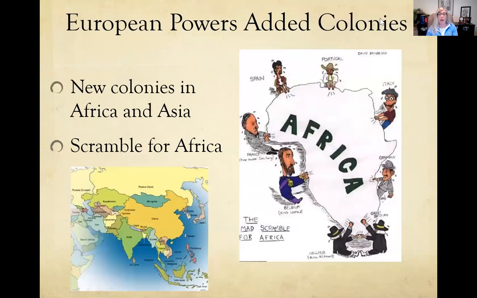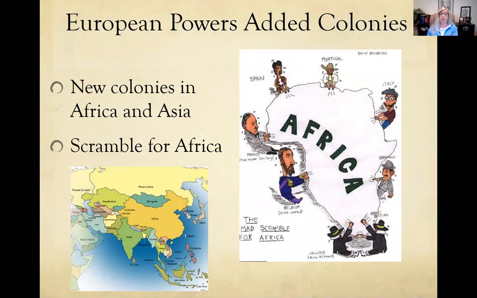So the European effort for colonization has definitely expanded into Asia and into Africa. With all of these countries that are basically carving up Africa for their own interest, what they're seeking from this is usually going to be resources. The development of resource acquisition out of other places to add to what Europe is able to then produce in